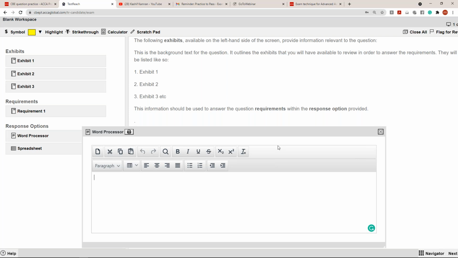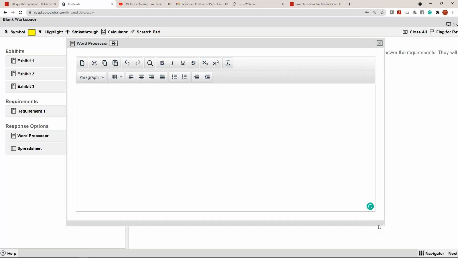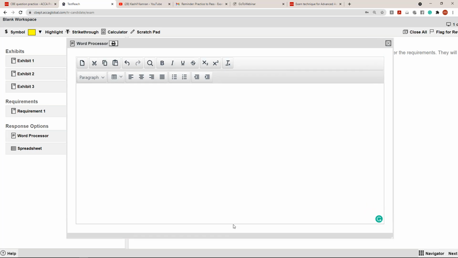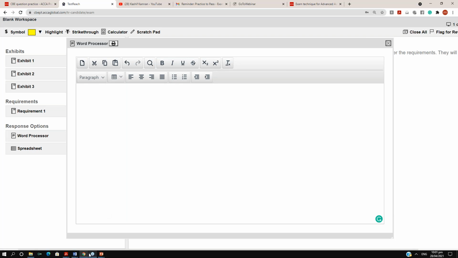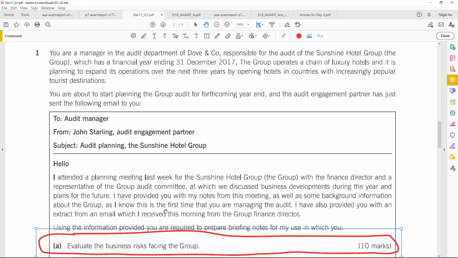If you watched day one yesterday, on the same space you have a blank workspace option. You click on the blank workspace option and you come here. This is a dummy workspace, which you can make use of when you're writing the answer. So this will increase your typing speed on the word processor. Is that clear? So please ensure that you have logged into your My ACCA account during the break. Once I come back after the break, you must have logged into My ACCA, come to the blank workspace, and read the December 17 paper, which is right in front of your screen. So the break time is till 10:16 now because 1 minute has been added. So at 10:16 p.m. I'll resume.